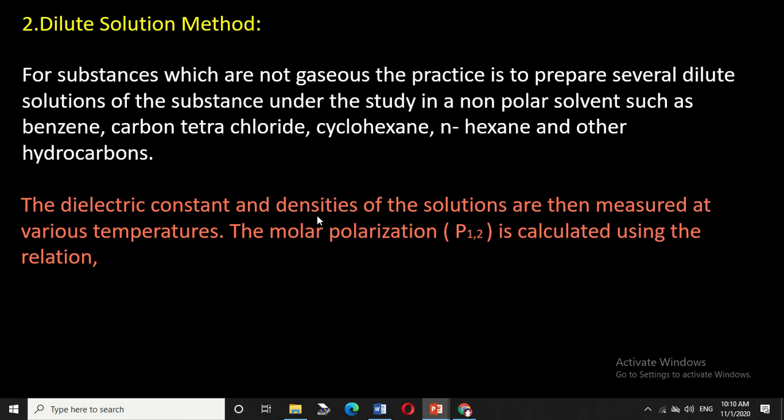The dielectric constant and density of the solution are then measured